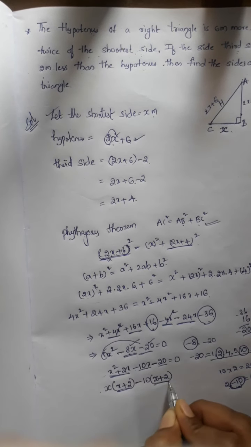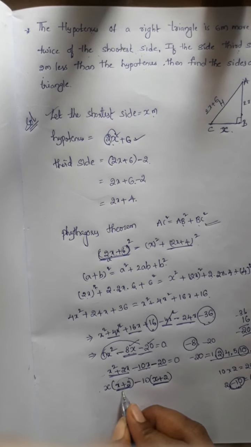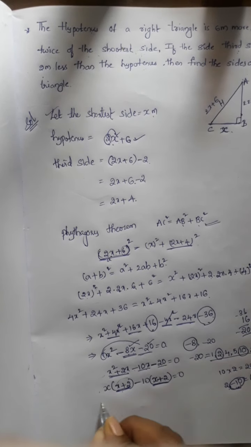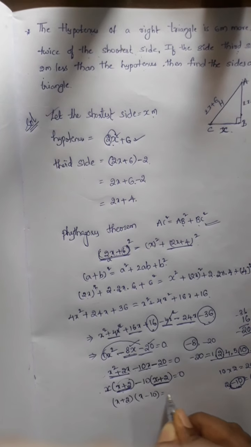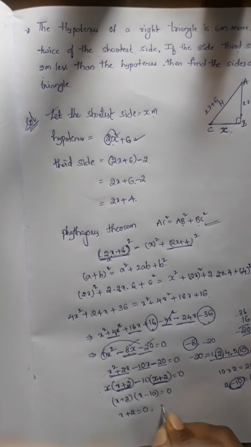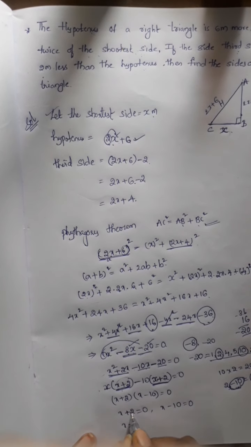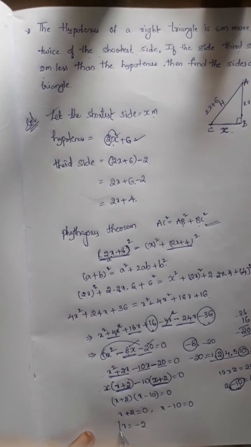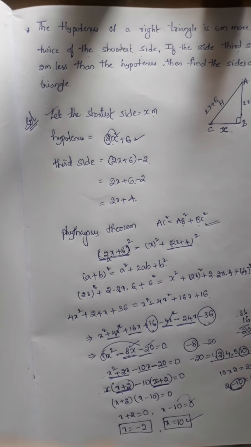If you observe, these both are the same, as the middle term should come common, right? So once again I am taking these two common. x. Here what is remained with x minus 10 is equal to 0. So x plus 2 is equal to 0 and x minus 10 is equal to 0. So x is equal to here plus 2. When it comes to this side, it will get minus 2, and here minus 10. When it comes to this side, it becomes plus 10. So the x value here is 10.